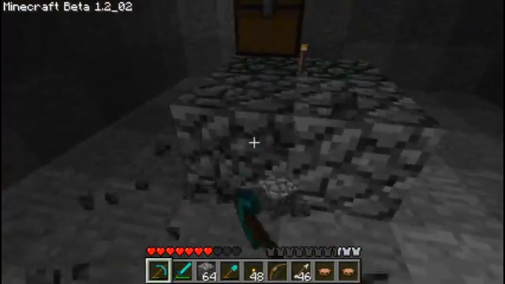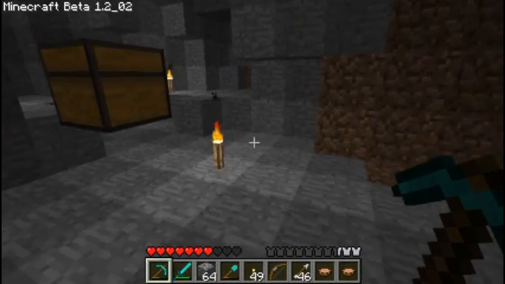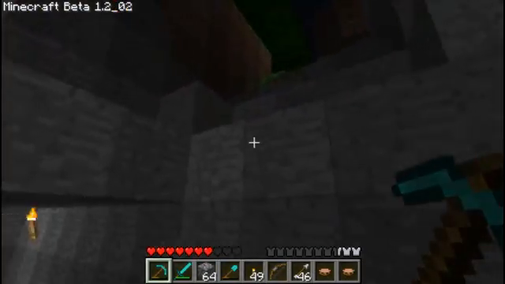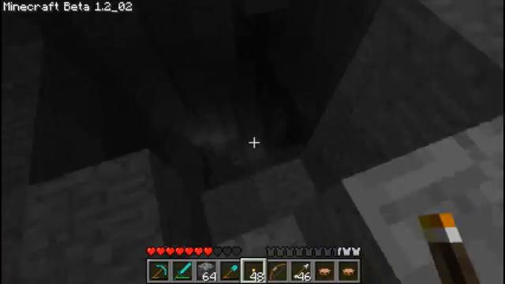But it will be cool. I can guarantee you that. Alright, so I got the rest of the cobbly stone. I got a stack and a half of regular cobble. So what we're going to do is check out the other side of this thing over here. And because it's a giant...